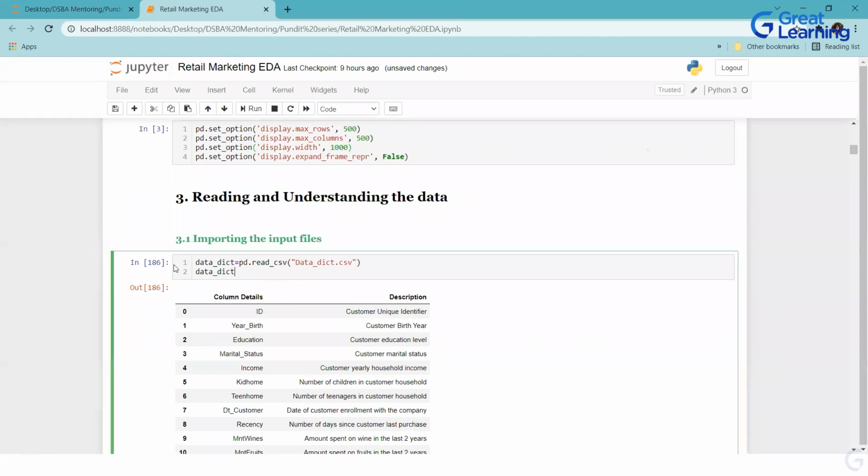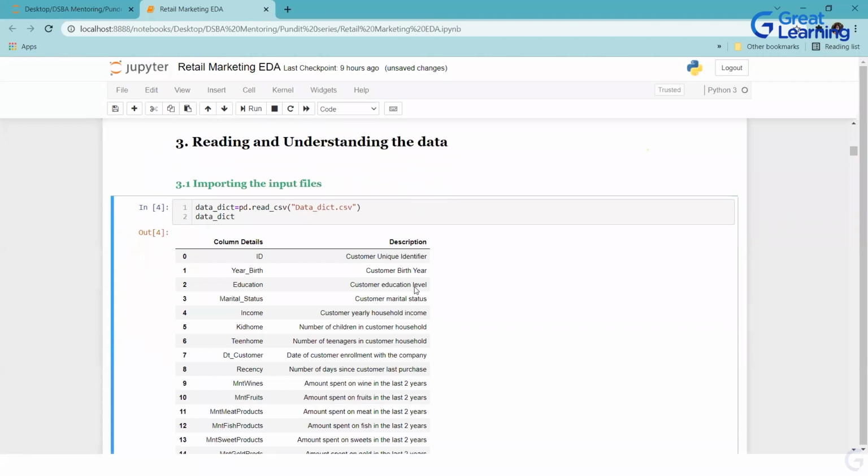First, it is always good practice to have a data dictionary in hand. Why this is required is because you don't know what the customer's terminologies are. You would be going with your assumption, which might be correct, which might not be correct. So always go with the data dictionary. If you have a data dictionary, meaning the customer has provided it, well and good. Otherwise, create a data dictionary and get a sign-off from the customer. I always tell this to each and every mentee of mine. This is how you should work.